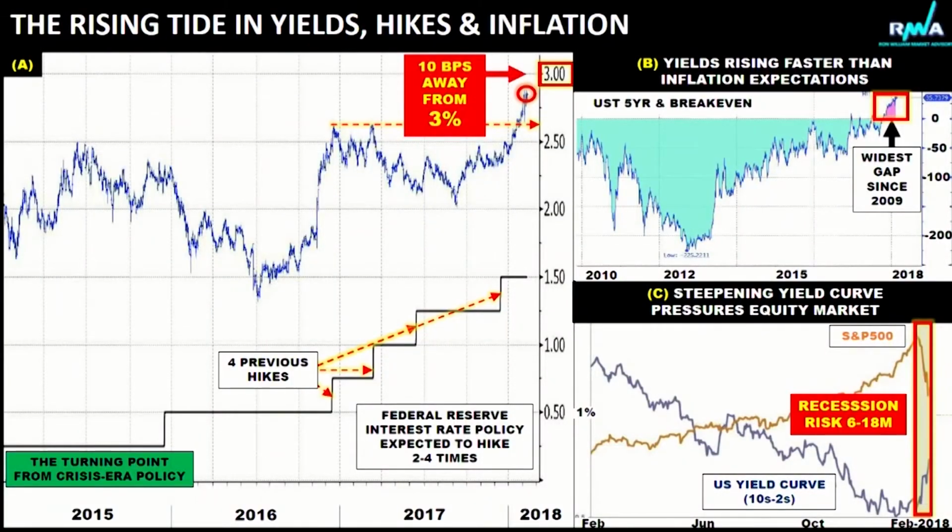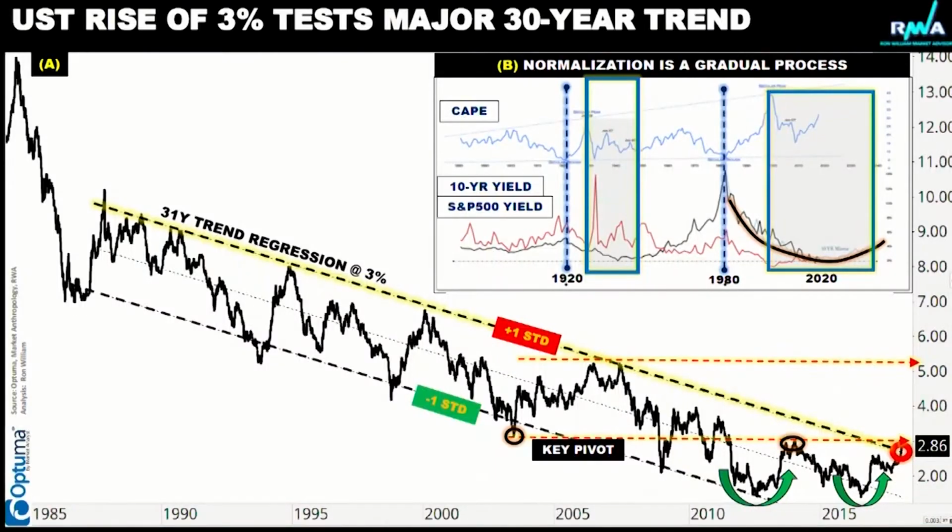And this is a combination of the 2 and the 10-year actually rising early in Jan, but really accelerating ahead of this move and potentially adding to the pressure. Yes, this is the spread, isn't it, between the 2 and the 10-year and the steepness of the curve. Let's bring our second chart in, because I think it's interesting to put this into some sort of context about a longer period of time, because the second chart goes back to 1985. Now this gives us, on the far right-hand side, you can see the little uptick that we got up to almost 3% is where we are at the moment.